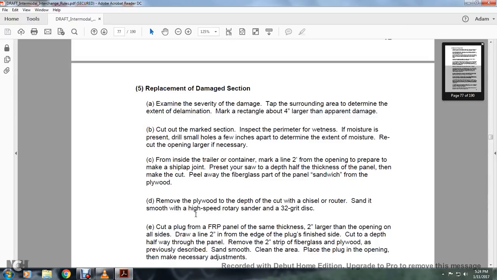Inspect the perimeter for wetness, in case moisture is present. Drill small holes a few inches apart to determine the extent of the moisture. Recut and open larger if necessary. From inside the tray of the container, mark 2 inches from the opening to prepare for making a